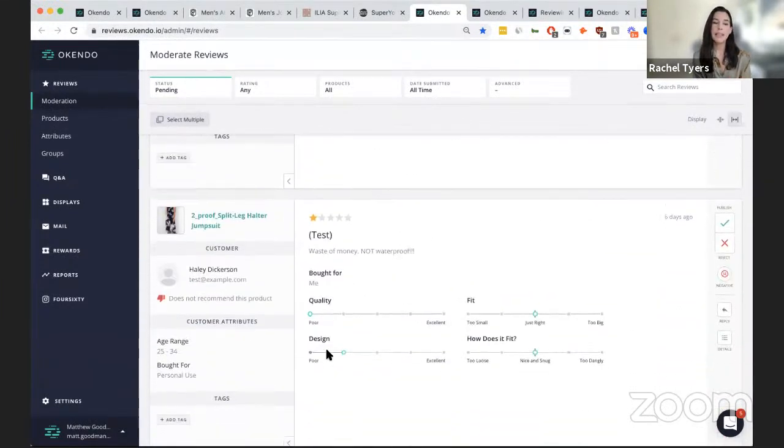I would be setting up auto publishing for anything that comes in 4 or 5-star reviews. But if they have media attached, I'll block the auto publishing and make sure that someone from my team has the opportunity to review that photo or video before it is published. Anything that comes in 3 stars or less, I will set it up to integrate with my help desk and